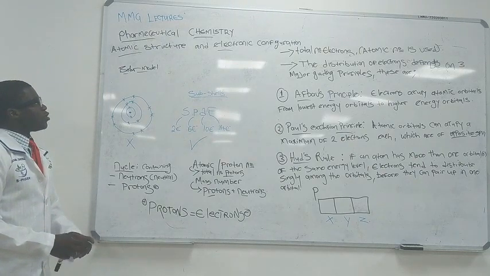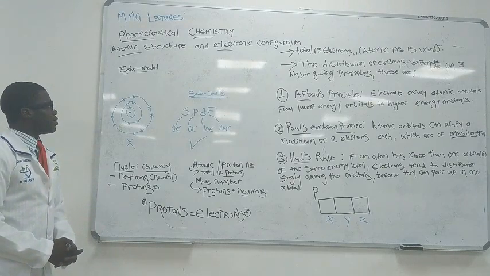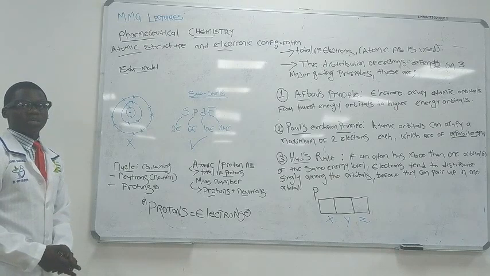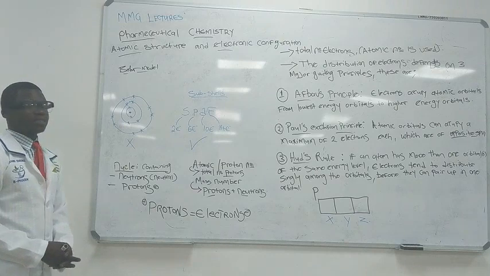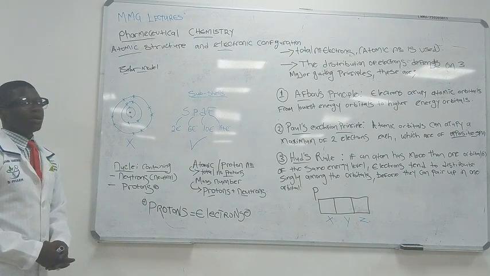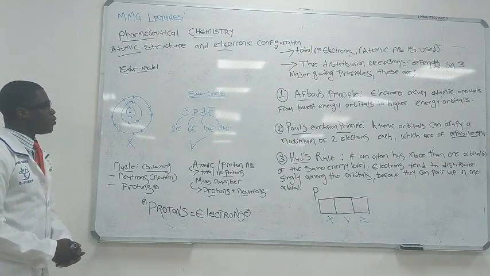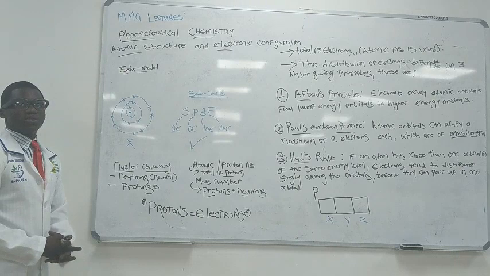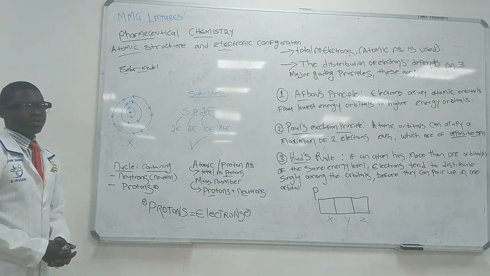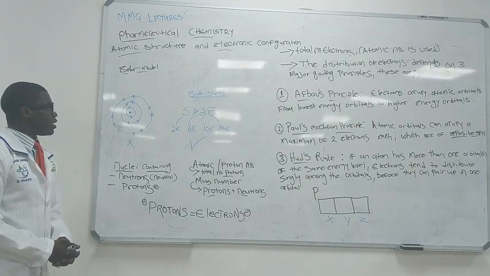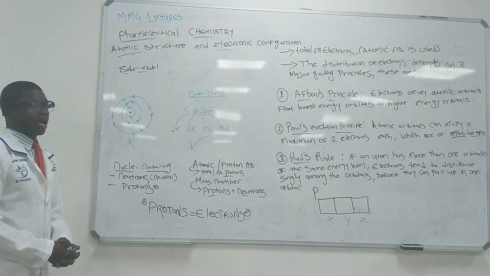Before understanding the atomic structure and electronic configuration, it's cardinal to understand the Bohr model of the atom, the historical aspect of the atom. So, the first ever discovered model describing the arrangement of the atom was the Bohr model. In science, the Bohr model was discredited due to its incompetence in the occupation of electrons. So it was discovered to say some subshells or energy levels are able to occupy